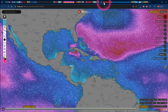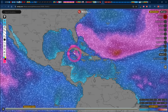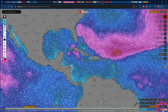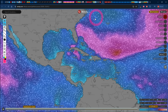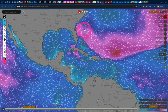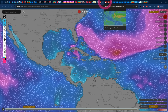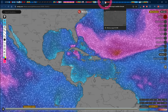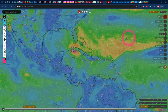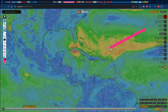If we take a look at the wave forecast for tomorrow, both the Euro and the GFS are still in consensus. The highest wave should be where we have Rafael to the north of the Cayman Islands affecting Cuba, anywhere from 2 all the way up to more than 6 meter wave heights. And we also have high wave heights in store for the waters to the north of the Leeward Islands, to the north of the Bahamas, stretching all the way up into the northern portion of North Atlantic, associated with the numerous troughs as well as the high pressure ridge that is sending a lot of strong trade winds all the way